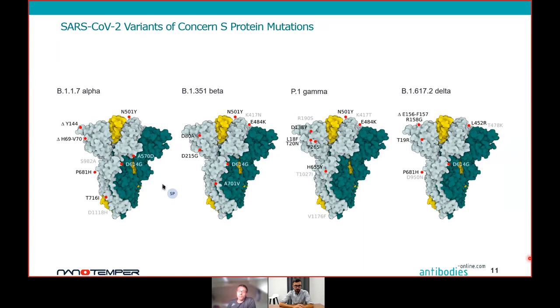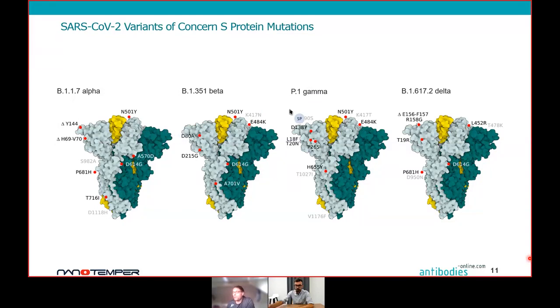So shown here from left to right are structures from SARS-CoV-2 variants of concern B117 alpha, B1351 beta, P1 gamma, and B16172 delta. For clarity's sake, amino acids that differ from the S protein of the canonical Wuhan wild-type strain are indicated here only for the gray monomer, but obviously they're present also in the green and the yellow monomer. The attentive observer will remark that many of the SARS-CoV-2 variants of concern appearing in the daily news are located within the S protein's RBD, so in this region here.